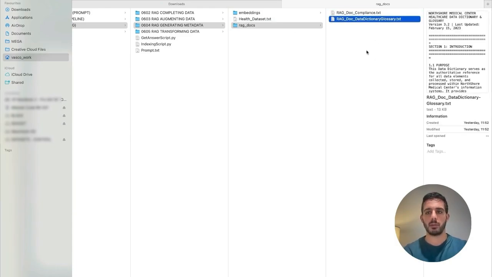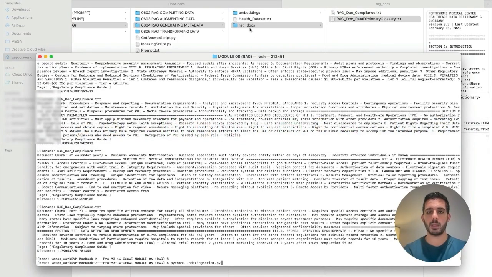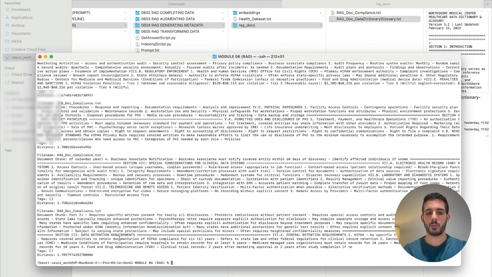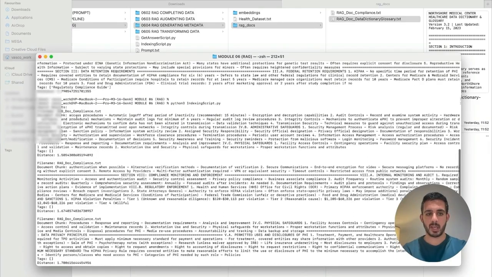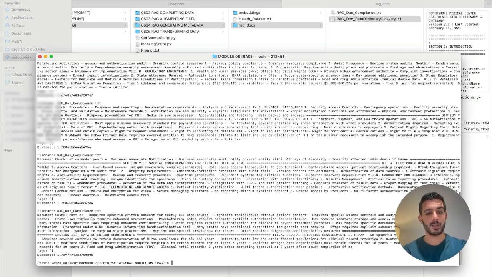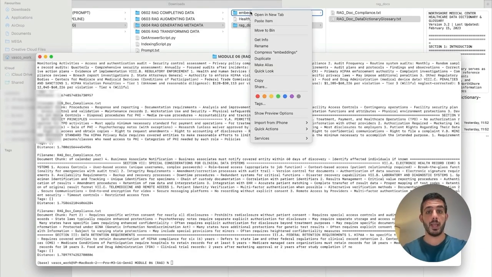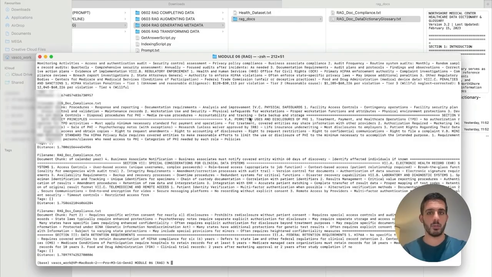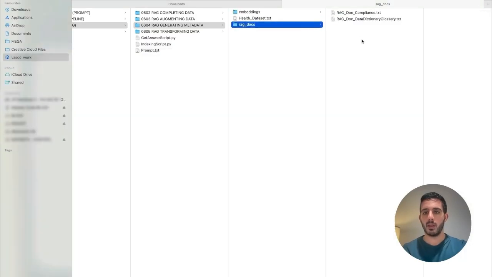Let me see if this is a problem with the tags. What happens if I remove the tags and I try to generate the embeddings again? Compliance. So it seems to me like this is not necessarily an issue with the embedding generation. Maybe it's a bug with how we're processing the files in Python or something like that. But either way,